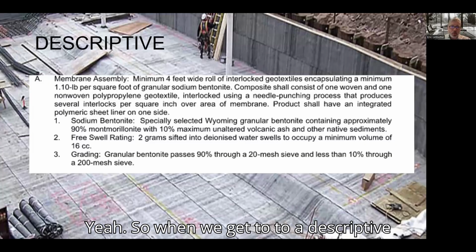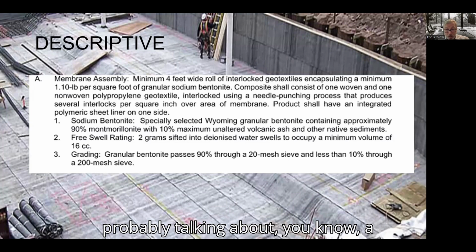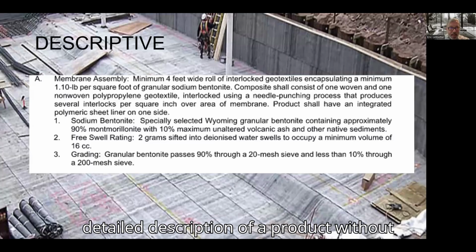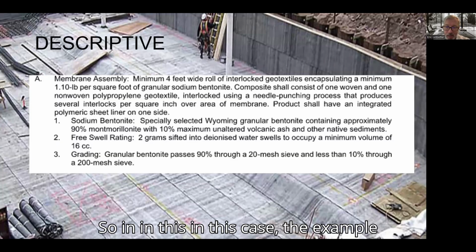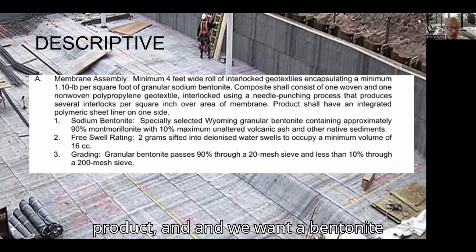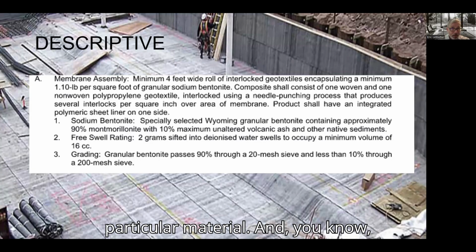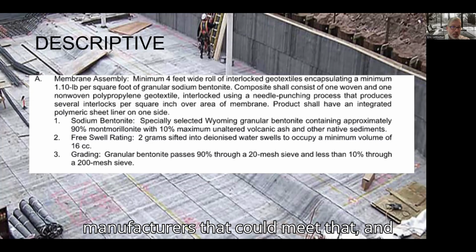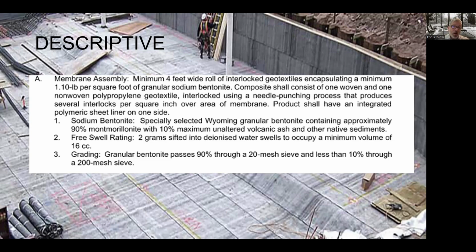Yeah, so when we get to a descriptive process, we're not necessarily talking about performance, but we're probably talking about a detailed description of a product without actually naming a product. So in this case, the example, it's a bentonite product, and we want it to be made of that particular material, and we know that there are a number of manufacturers that could meet that, and we're not as concerned about the manufacturer, where we're concerned about specific characteristics or a description